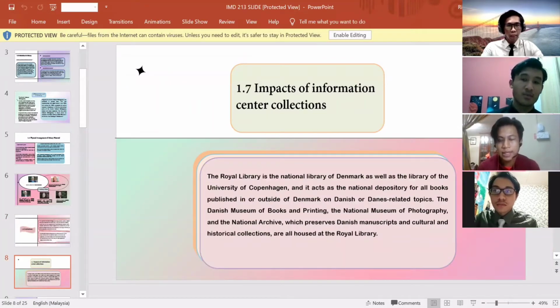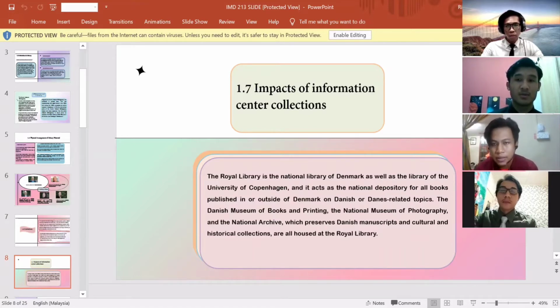So the next slide is about the impact of the information center collection. We know that the Royal Danish Library is giving impact to its own people. They are serving as the University of Copenhagen publisher, in